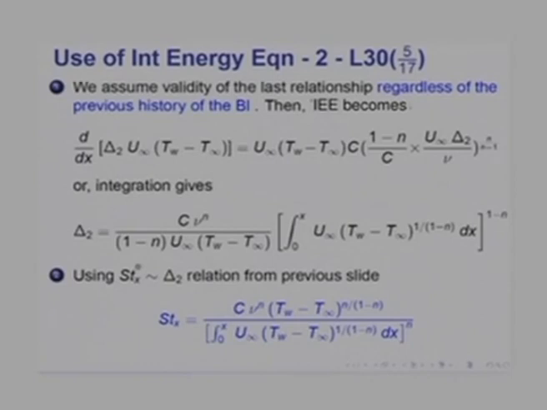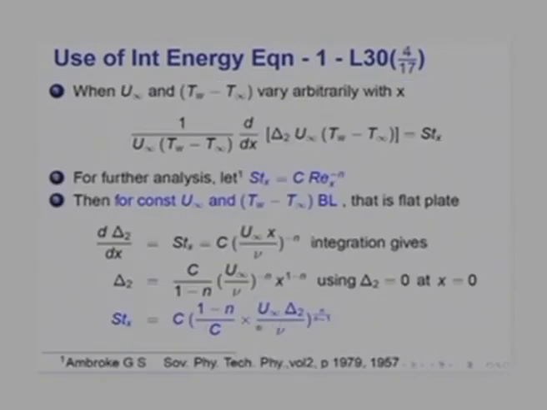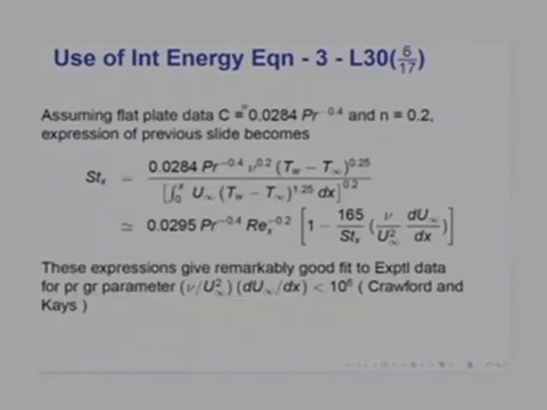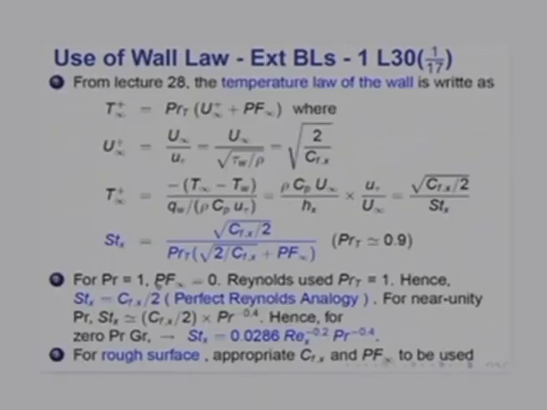If I use now the previous Stanton x delta 2 relationship of this type, then you can see I can get Stanton x equal to C nu n (Tw minus T infinity) raised to n over n minus 1 divided by this integral, and this essentially allows you to calculate Stanton x for any arbitrary variation of free stream velocity and wall temperature. Now, assuming the flat plate data for C equal to 0.0284 Prandtl raised to minus 0.4 and n equal to 0.2, you will recall I showed this to be the case in the first slide here, that Stanton x can actually be written as